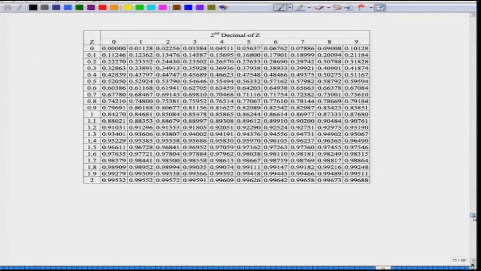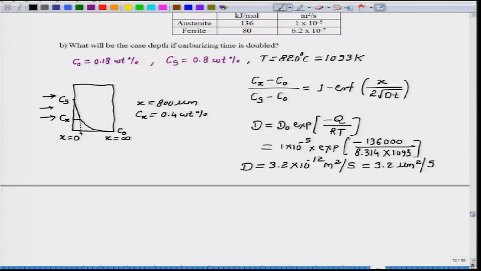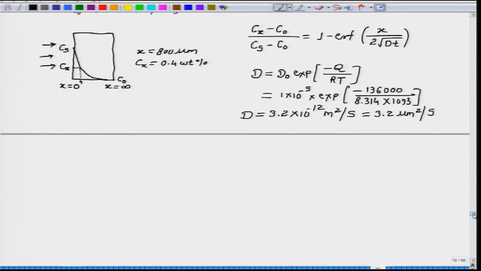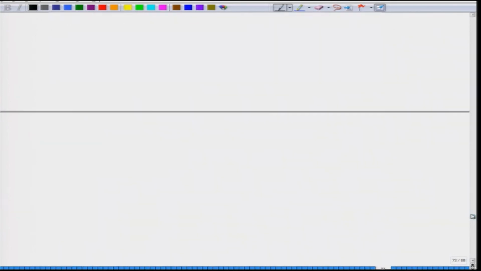So, let us refer to this error function table in a moment. Now we need to substitute and find out. We know C naught, Cs and Cx, and Cx is 0.4. So, we can write (0.4 minus 0.18) divided by (0.8 minus 0.18)